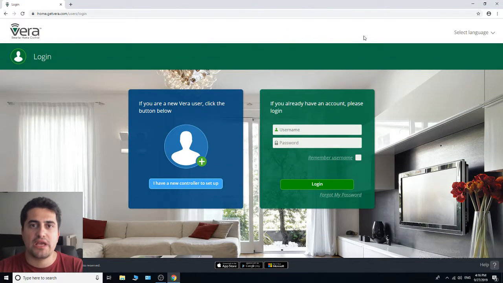Hello, today I'm going to show you how you can have a scene triggered by time in Vera control. Triggers are the motivators of scenes, the reason why scenes are run. Let's get started. In order to add a scene, we have to connect to our gateway, and we can do